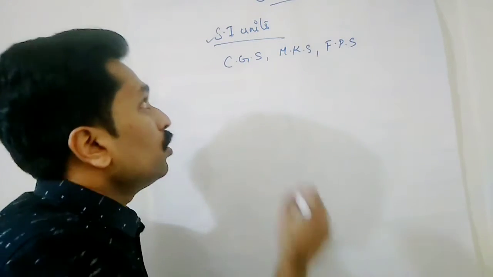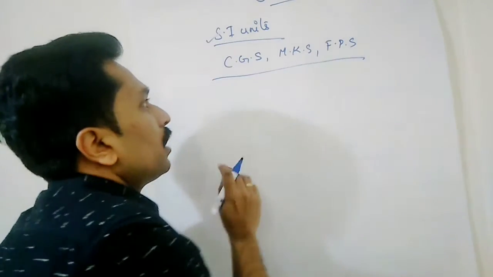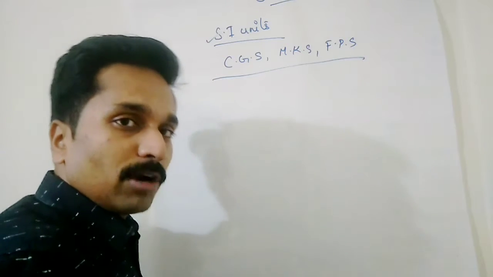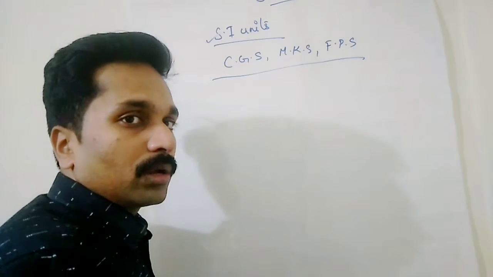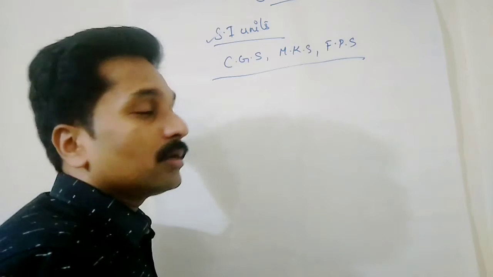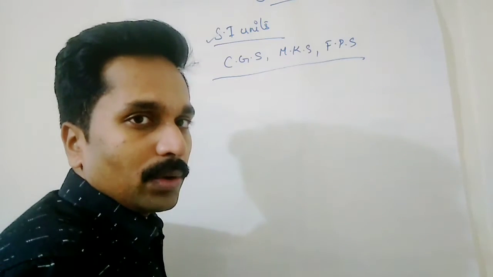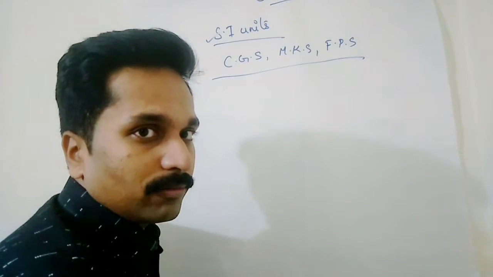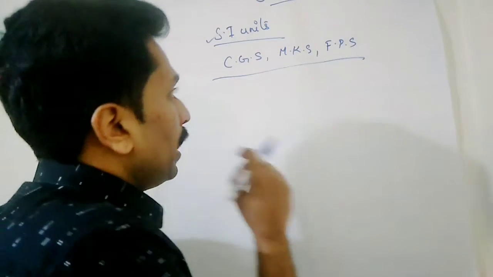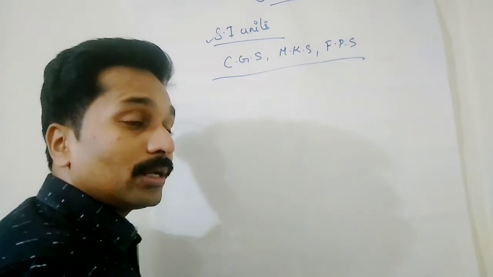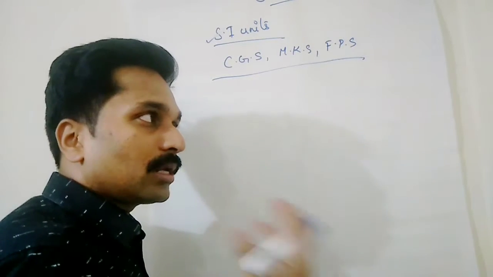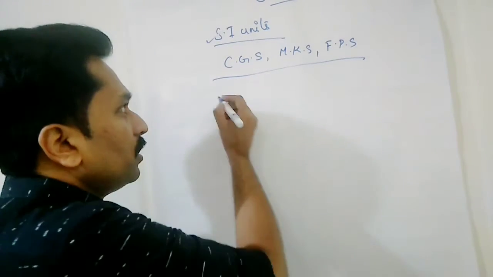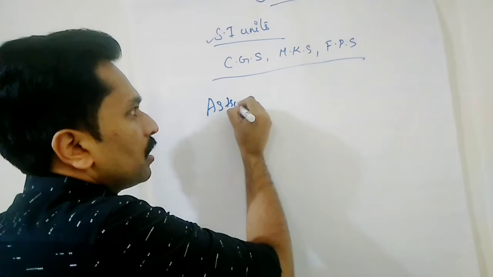Fine. So now we are going to the next sort of units. We have already discussed fundamental units and derived units. Fundamental units are independent and derived units are dependent units, and we saw a few examples also. Now today I am going to brief you on certain other units which are common and universally accepted. Those units are, you might have heard, astronomical units.